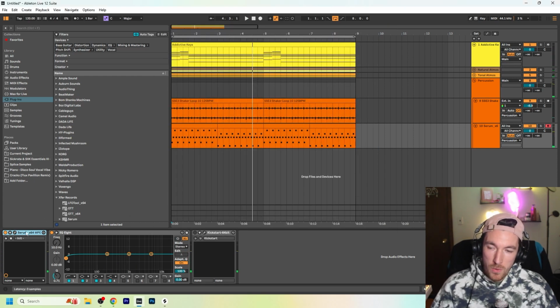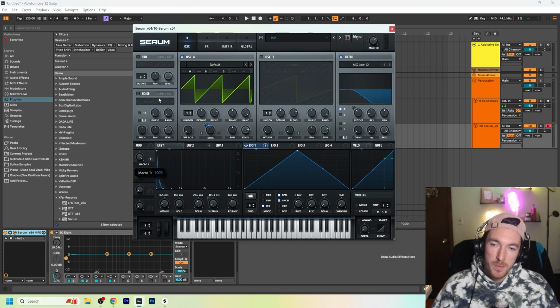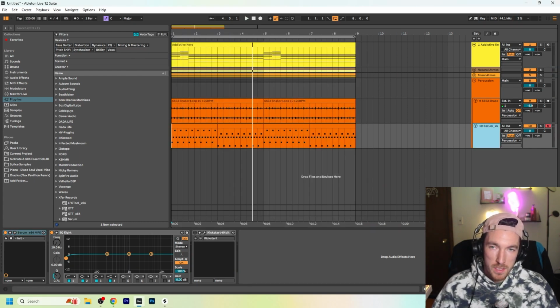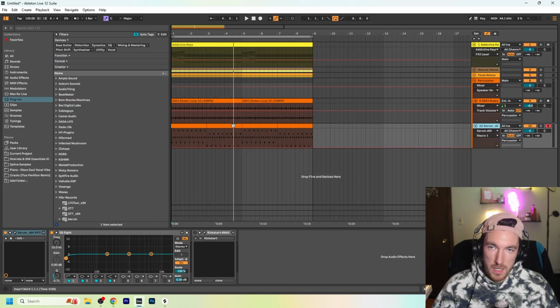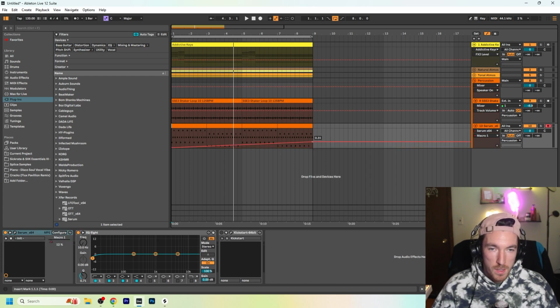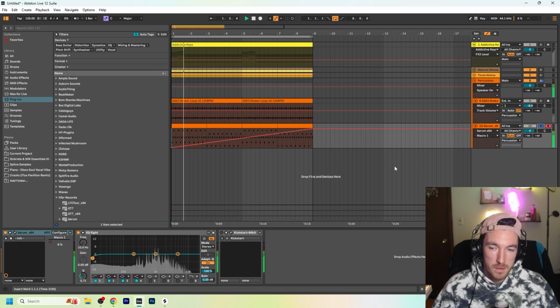All right, great. Now, there's nothing happening with this macro because we didn't automate it yet, but we have the tools in place in order to do that. So all we really need to do in this is go over to our timeline, hit A so that we can get to our automation section. You're going to see all these dotted red lines. You're going to click one at 0 and then one at 100%. So now over here, as we play this,